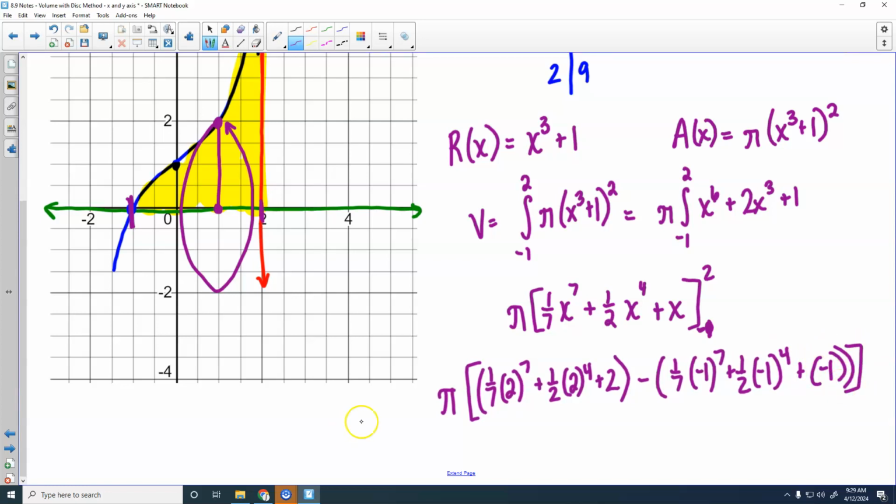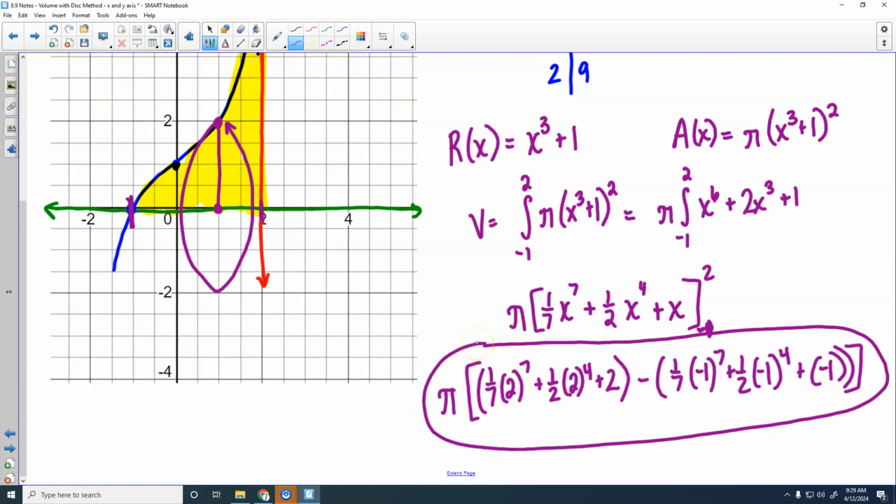All right, and we're going to pretend it's an FRQ, and we're just going to leave our answer right here. That will simplify, but we are not going to go any further. What I'd like for you to do on your homework is make sure it's set up and integrate it. But if you want to use your calculator to do that, that's okay. So you'll have to set them up, but if you want to use your calculator